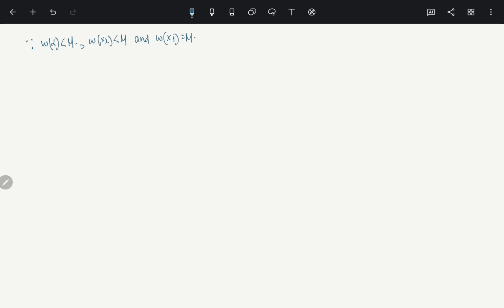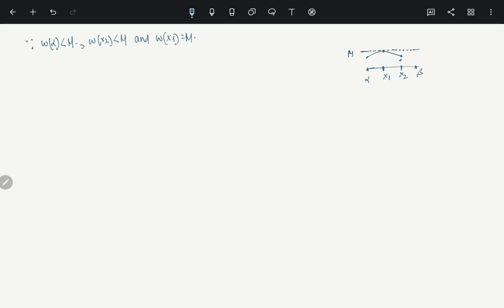See, W is such that, think about it this way. At the point alpha, this is x1, this is x2, x2 is here, which we assume is bigger than x1, and this is beta. W is less than m, so let's say this is your m line, height m. At the point alpha, W is less than m. At the point x2, W is less than m. So somewhere here, at the point x1, it equals m. So basically it does this, that's the minimum it had to do.